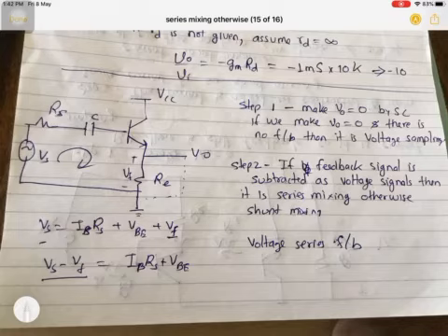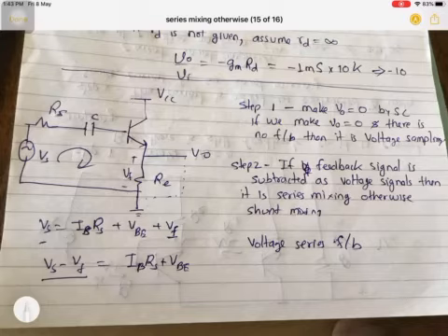Vs equal to base current into this resistance plus VBE voltage plus Vf. So Vs minus Vf is equal to IB RS plus VBE. So the feedback voltage is subtracted from the input voltage, or it is in series. Both conditions have to be true. Either it will be subtracted in voltage form, or the circuit will be in series with the feedback resistor. So therefore the mixing is in series, therefore it is voltage series feedback.